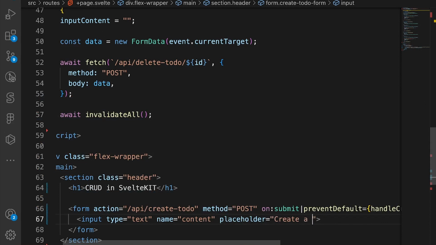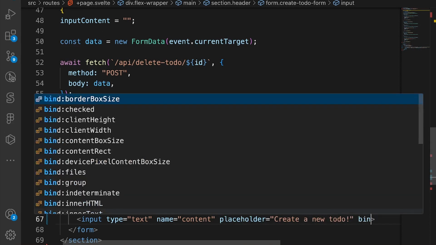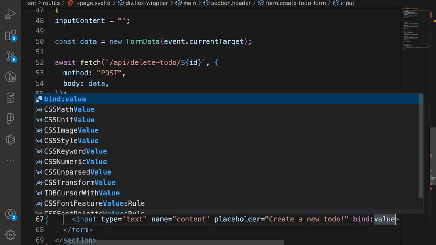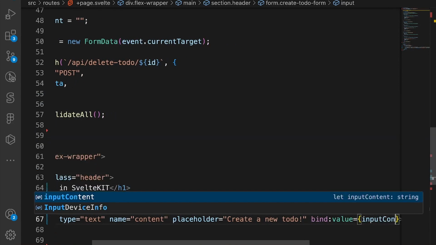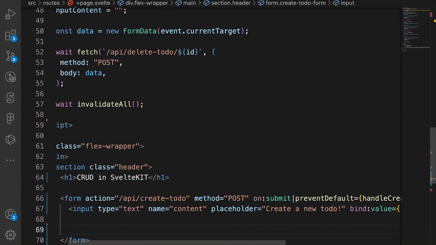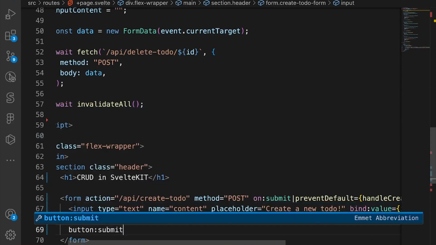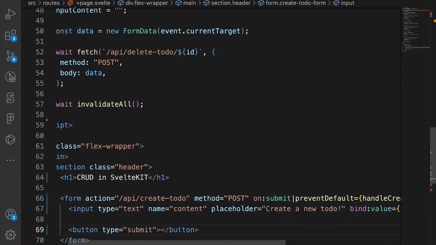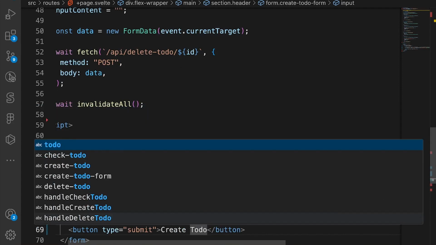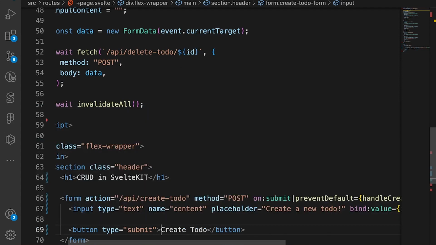The placeholder will be "Create a new todo!", and we bind the value to the inputContent. We create a button that is of type submit, and the button's content will just be simple text that says Create Todo. So we also give it a class, call it create-todo-button,